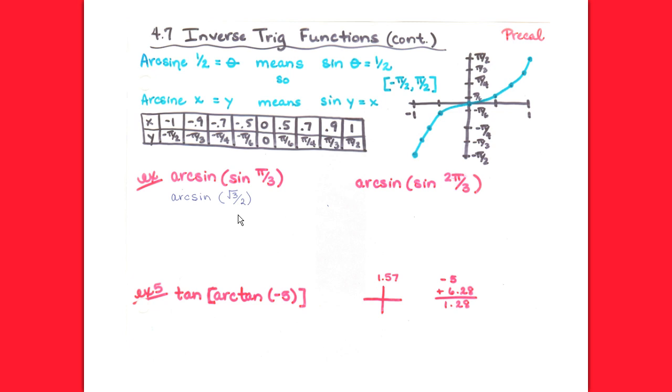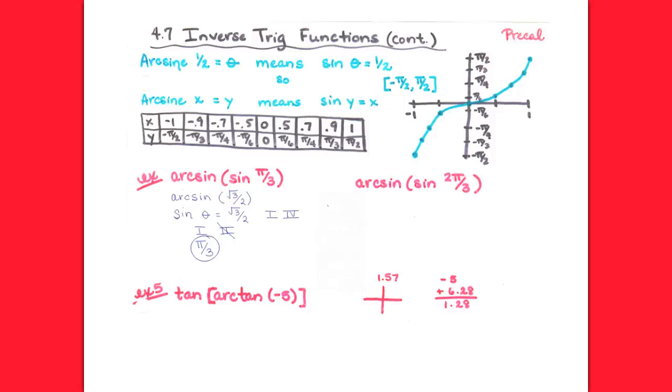We probably did that exact same problem last night, where we said arcsine literally means, by definition, that sine theta is equal to the square root of 3 over 2, and I only have first and fourth quadrants to choose from. I get all that from the definition of arcsine. So then I could look at this and say, okay, I need a reference angle. Where is sine equal to square root of 3 over 2? Well, sine is equal to square root of 3 over 2 at pi over 3,